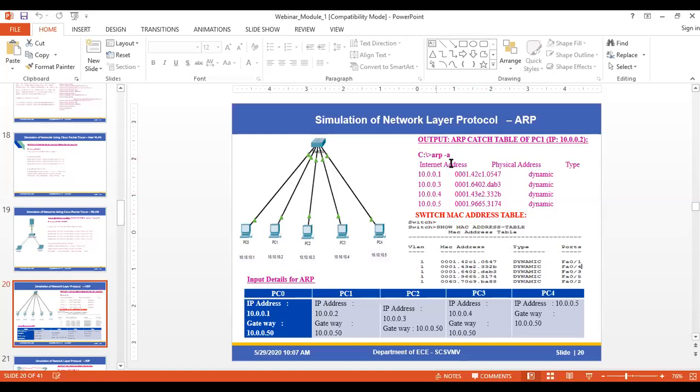You will get the ARP address, that is the ARP cache table. Then for the MAC address table, you click on the switch and use the command show mac address table, and the output comes here.